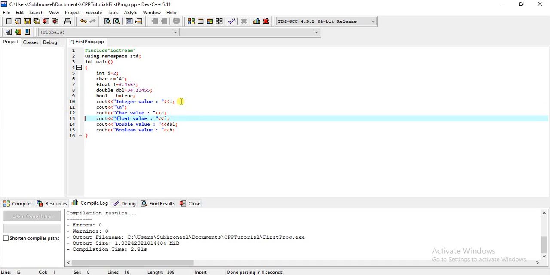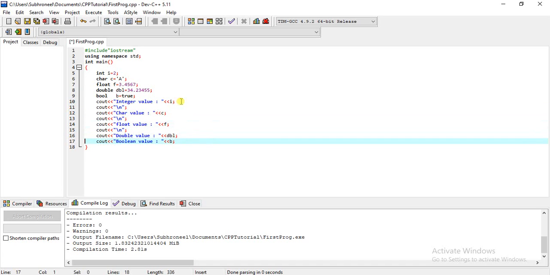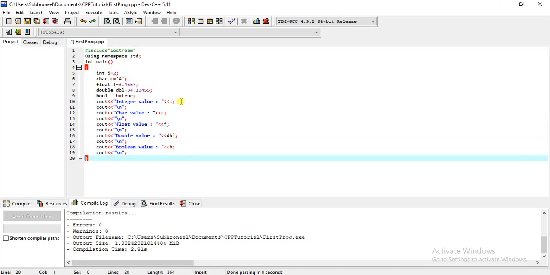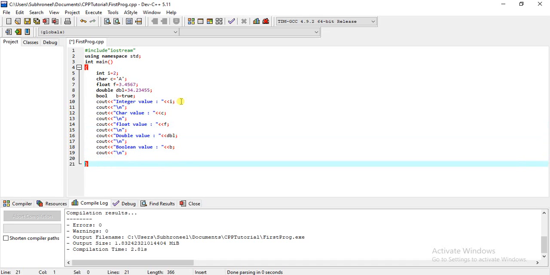So I am assuming that you have a little bit of experience in C, or if you don't, I'll definitely explain. There are some escape characters. Right now I will explain three escape characters. One is \n, one is \t, and one is \r. \n is, if you know about a typewriter,